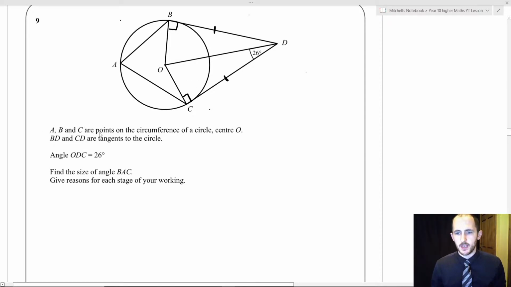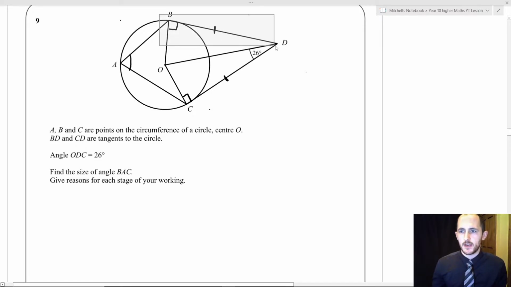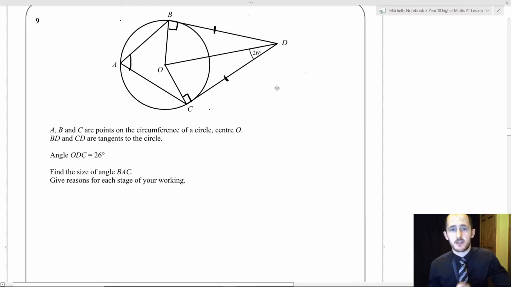A, B, and C are points on the circumference of a circle with centre O. BD and CD are tangents. Cool, we've labelled that. ODC, they've already given us that, is 26 degrees. Find BAC. So B to A to C is this angle here. Not bad. Pretty good. Now, can you see that this top triangle here, BOD, is identical to the triangle